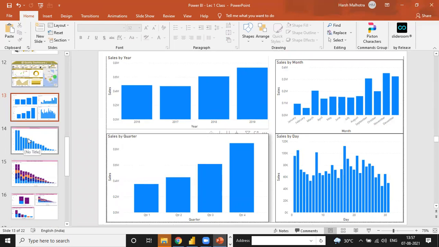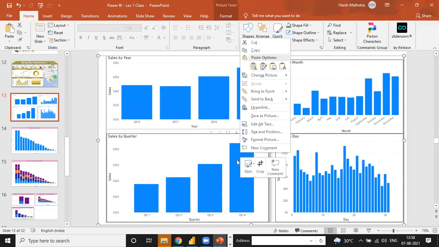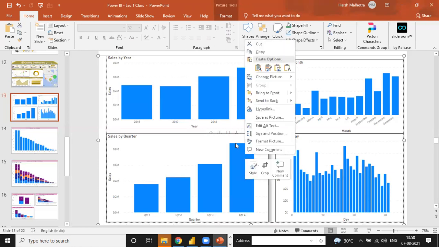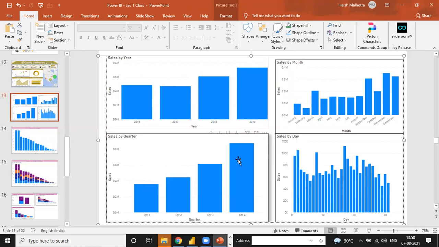But when you use an analytic tool like Tableau or any other Excel form, you don't get this kind of knowledge about sales by year, month, and quarter directly. Oh, sorry, this is just a picture, so I am not able to right click. But when you make this report in Power BI, you can directly right click, and there is an option of Analyze. Analyze will give you the complete presentation view as per your presentation.